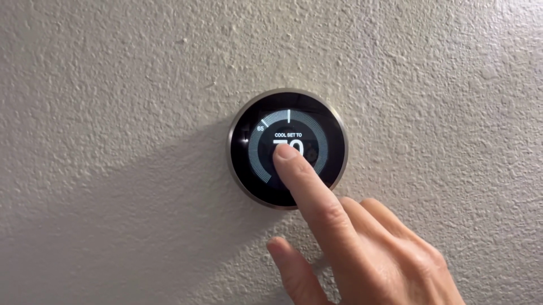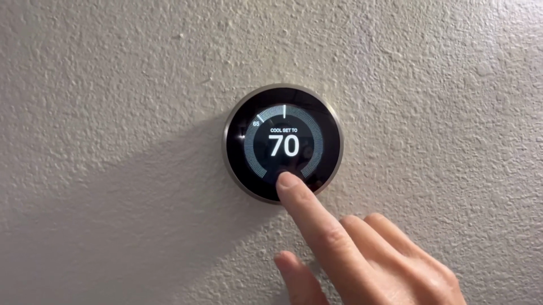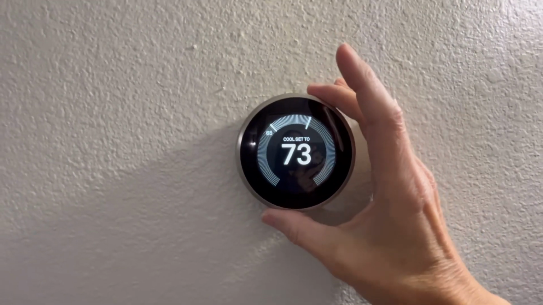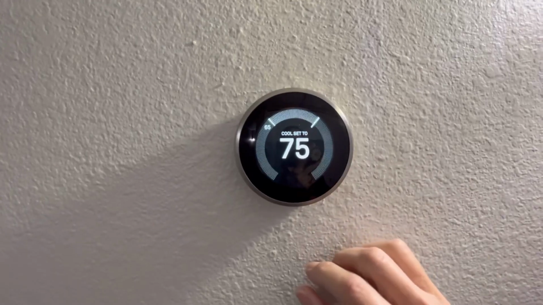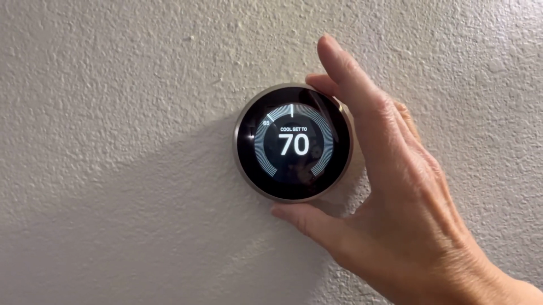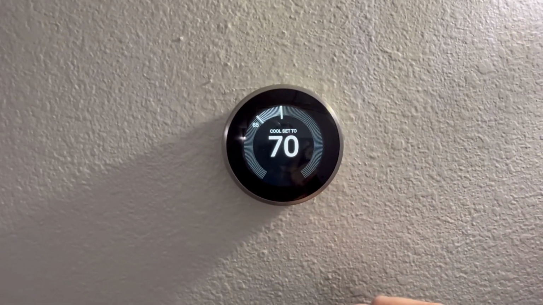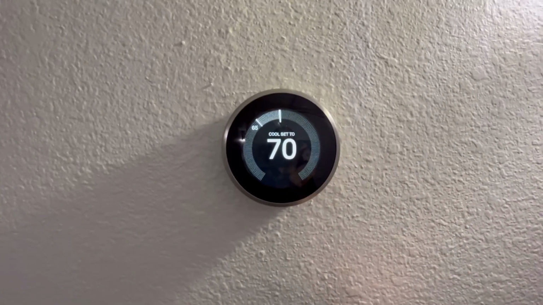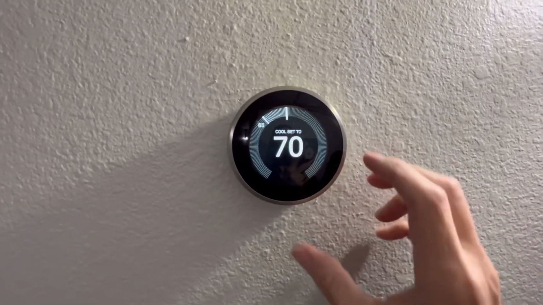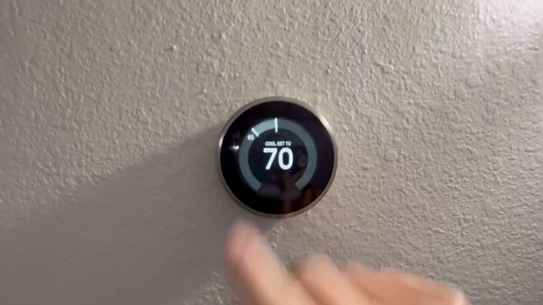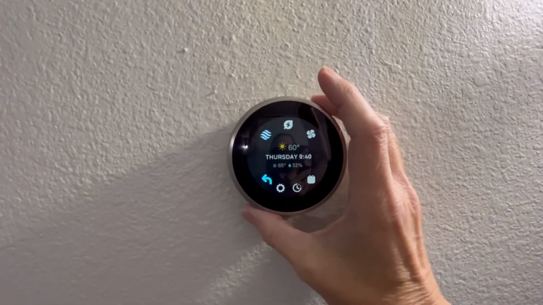And now it says the cool, or the AC, is set to 70 degrees inside the house. Let's say we want to set it to 75, or if you want to go cooler. And then that will turn on when the house is warmer than 70 degrees. If you want to go back, simply push the panel, go back to the mode setting,